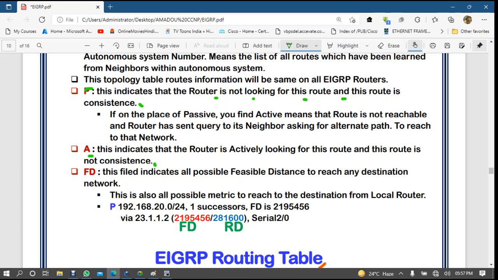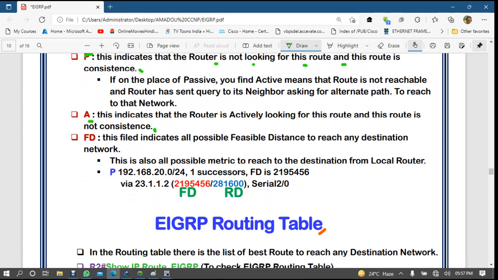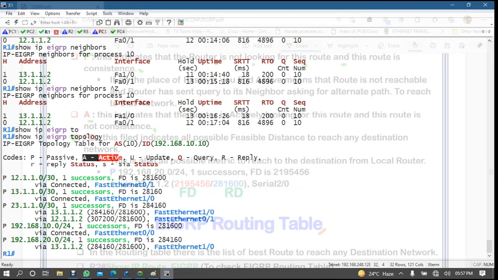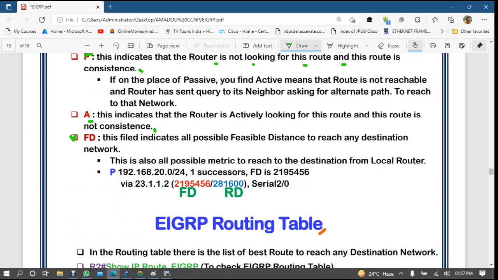And here one more thing, what is the meaning of FD? We are getting FD here. FD means feasible distance. This field indicates the feasible distance to reach the destination network.